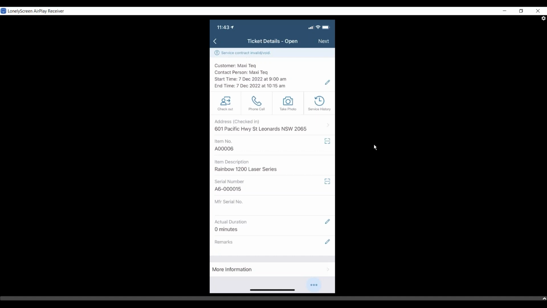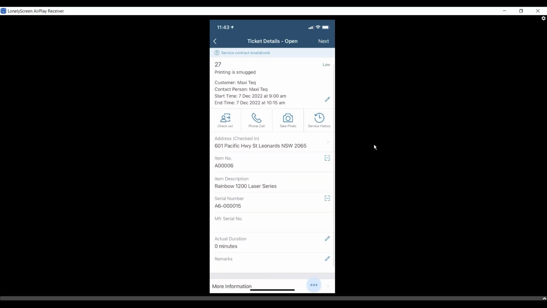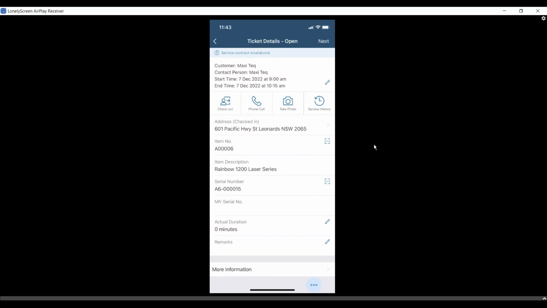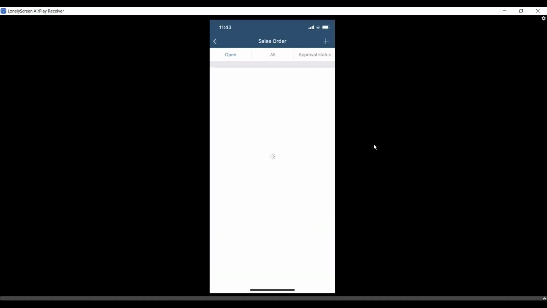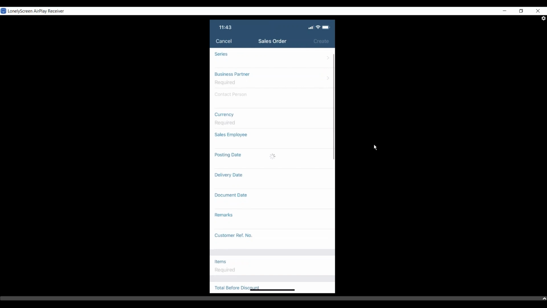We can go in and put in more information about the ticket. I mean, the other thing we can also do here is we've assessed the printer and we need to create a sales order maybe, right? So I can go and do that. I can go and add a new sales order to this particular service call,